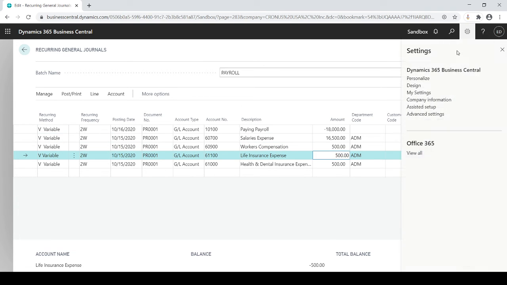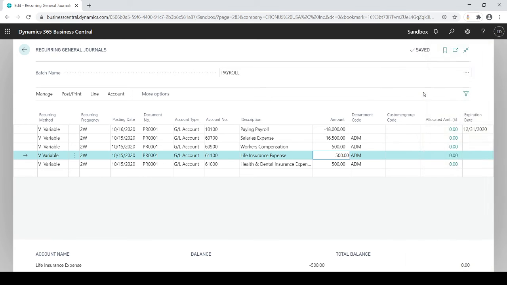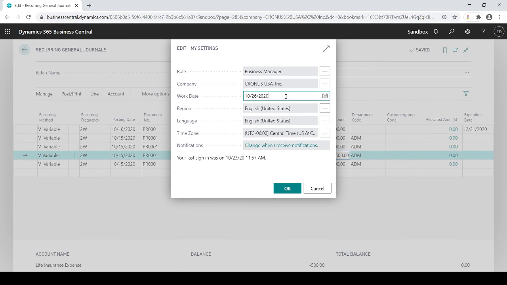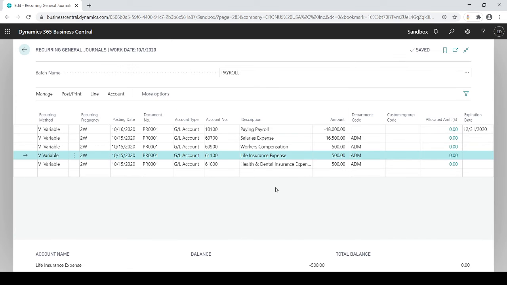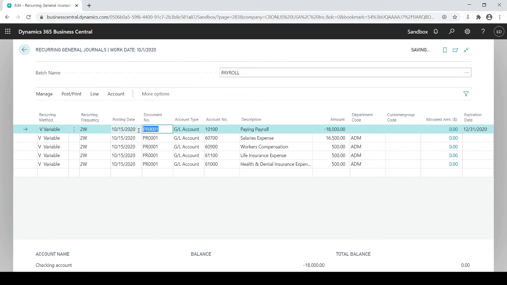Now I'm going to go in here in my settings, and I'm going to change my work date to be 10/1. Okay. Because it's 10/1, my posting date, this is telling me in my current journals that I should be posting. Oh, let me change this to the 15th, saying that my posting date is going to be on the 15th. So once my system date hits the 15th or after the 15th, then it will look